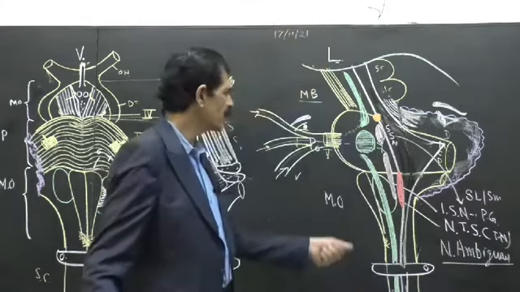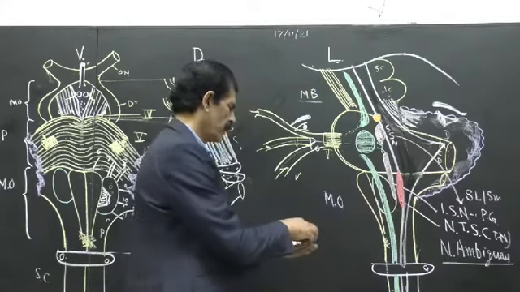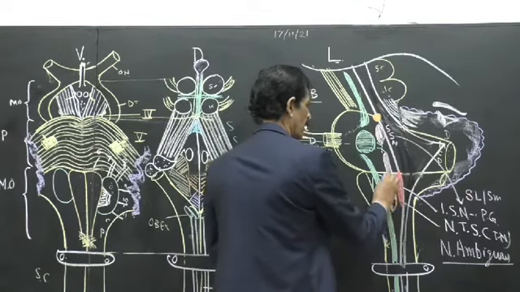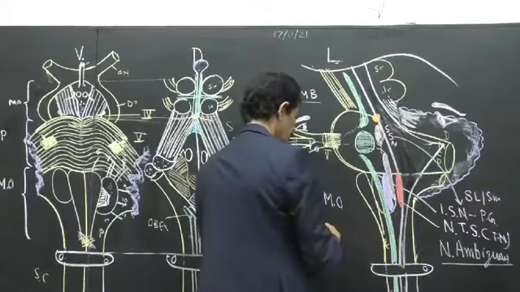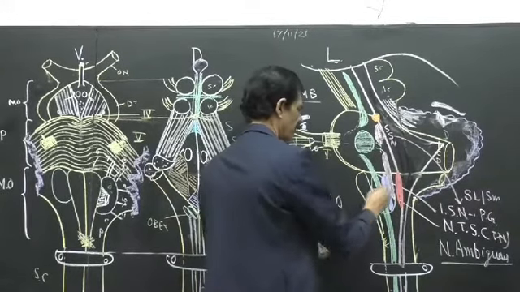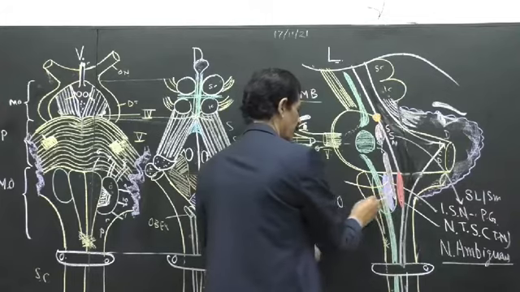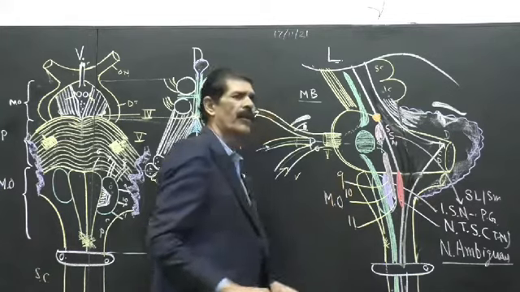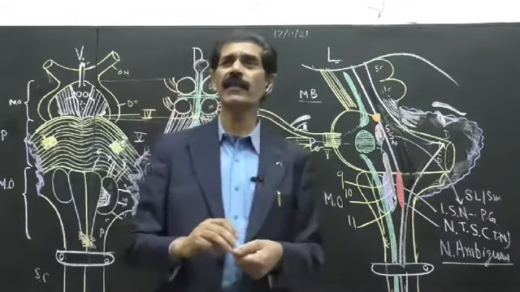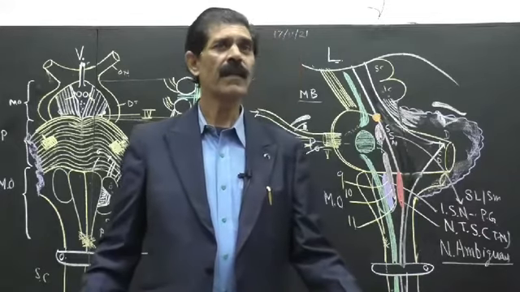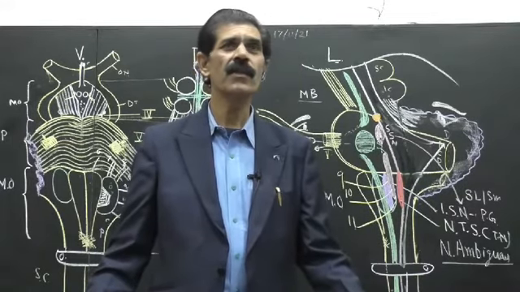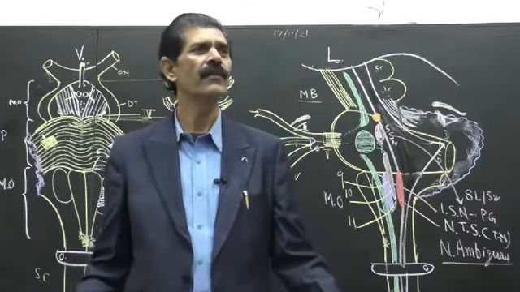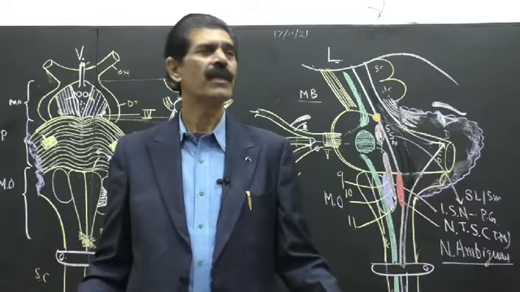And this nucleus ambiguus is situated deep inside the upper medulla, and it is connected to 3 cranial nerves which are related to the olive, 9th, 10th and 11th. Because the 9th, 10th, 11th supply the laryngeal, pharyngeal as well as the palatal muscles, you have done. Recurrent laryngeal nerve supplies all muscles of the larynx except one. Again, recurrent laryngeal nerve is the branch of vagus. So that is important.